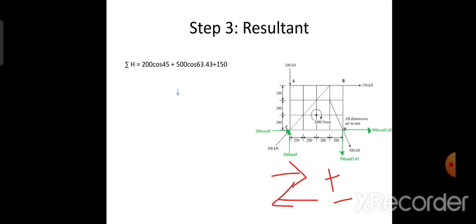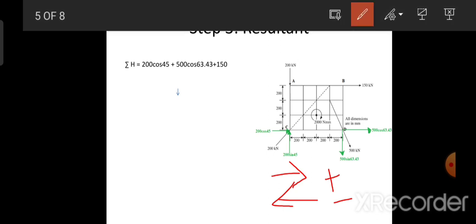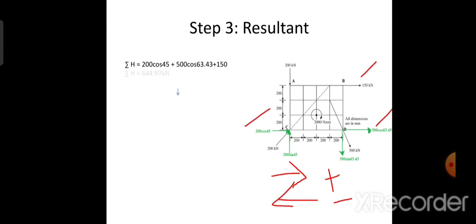So sigma H is equal to 200 cos 45. We have three forces in the horizontal direction: 200 cos 45, then 500 cos 63.43, and 150, all going in the right side direction. Hence it is equal to the positive value itself. That is 644.97 after simplification. So we are getting it in terms of kilonewton. So next is